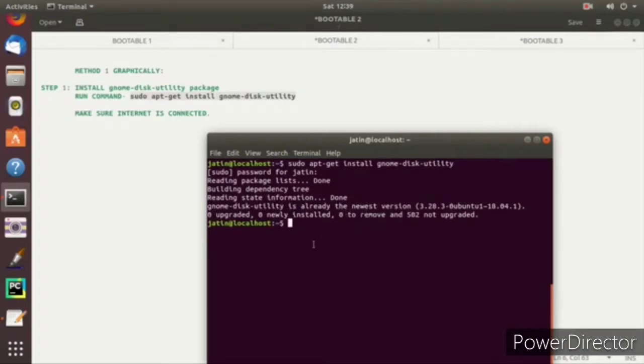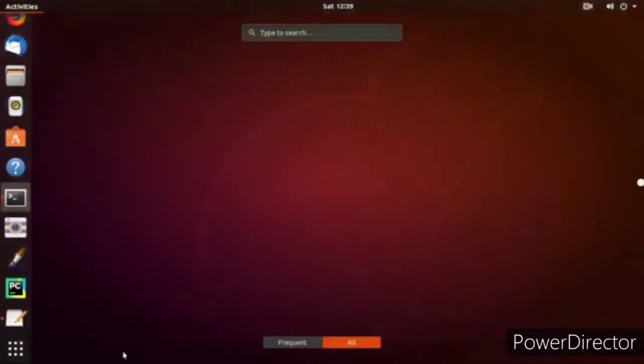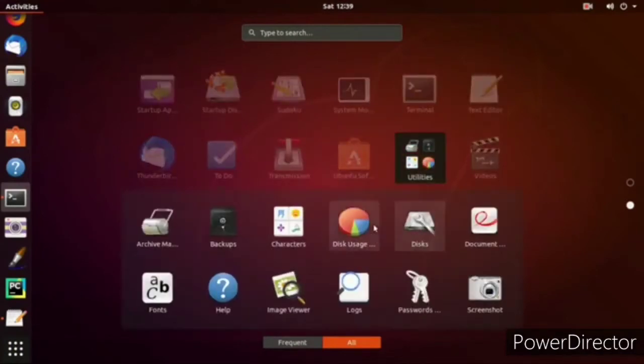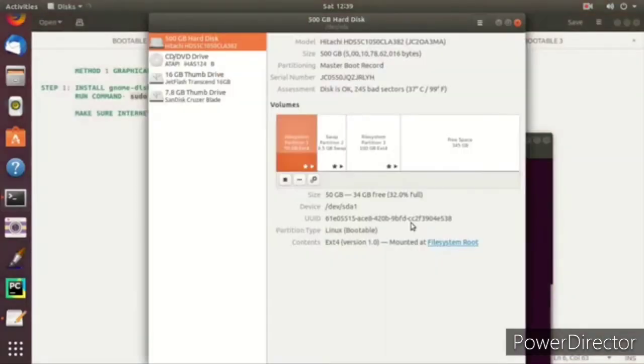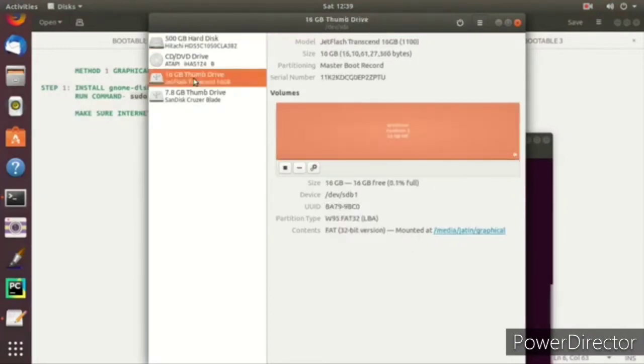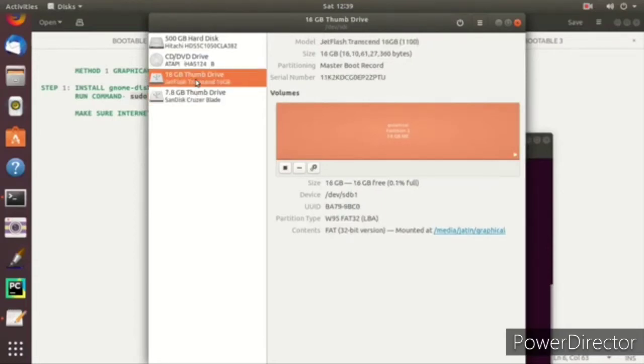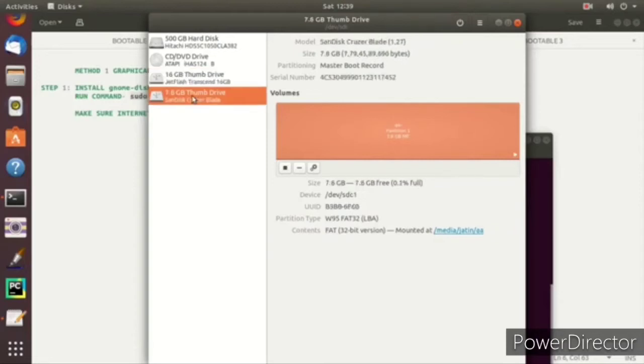So go to the applications, scroll down and click on Disks. This is the GNOME Disk Utility application we installed. Click on it and you can see we have two pen drives and one hard disk. That is a 16 GB thumb drive and that is a 7.8 GB thumb drive. With this 16 GB we make a graphical bootable drive, and with this 7.8 GB we make a command line bootable